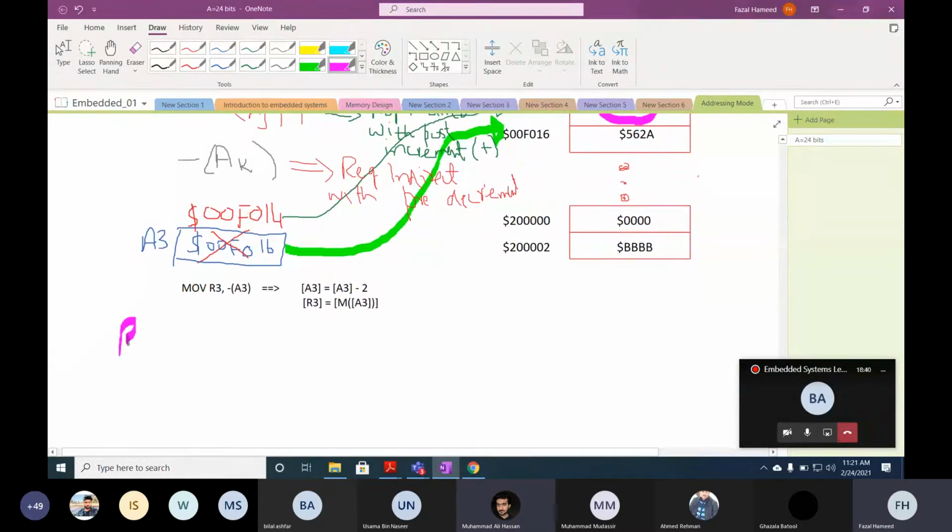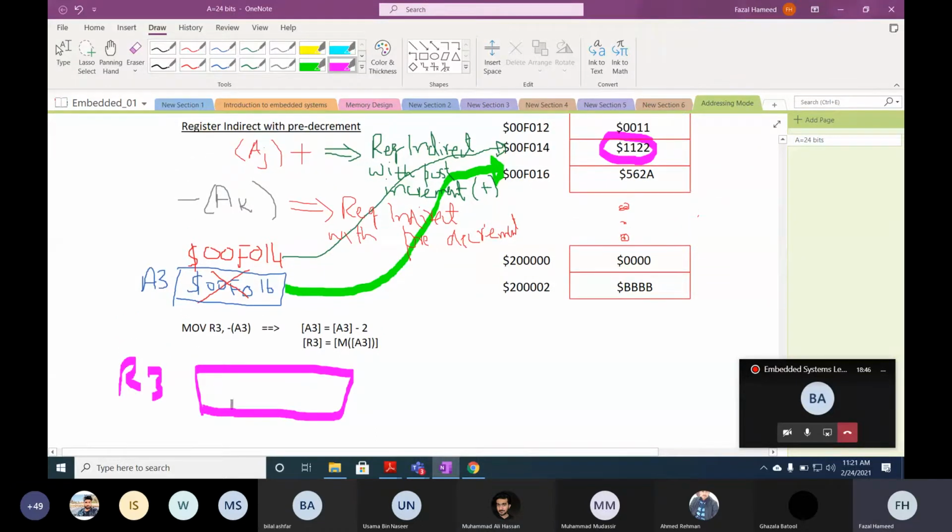So which value will be moved into R3? Let's assume the initial value of R3 is 0000. What will be the new value of R3? Yes, the new value of R3 will be $1122.